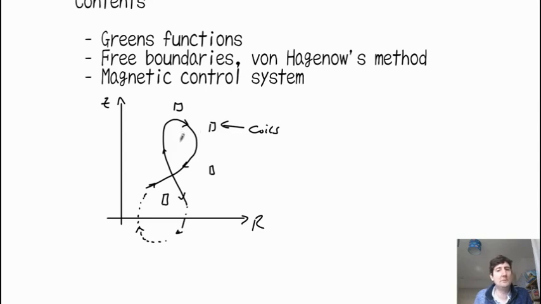Just like in a real experiment, the plasma can also become vertically unstable. So if your equilibrium is not up-down symmetric, you can end up with the whole plasma shifting gradually downwards and then hitting the edge of the box, just like it does in an experiment. And so this kind of vertical feedback control is also needed.